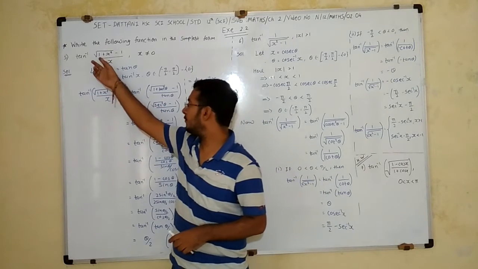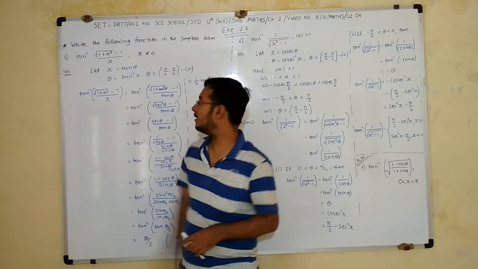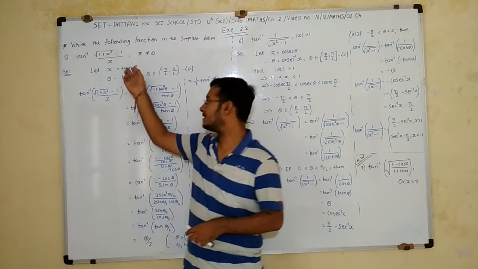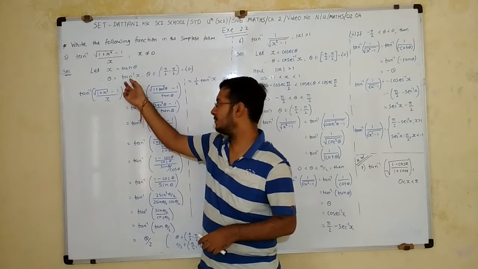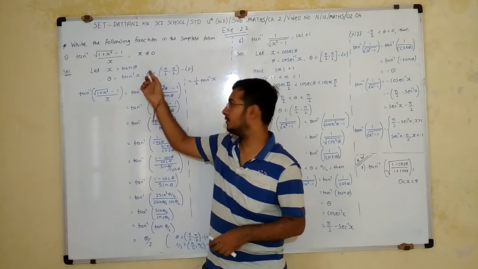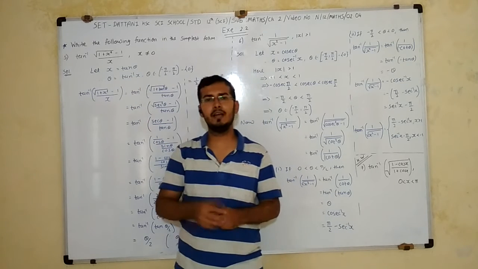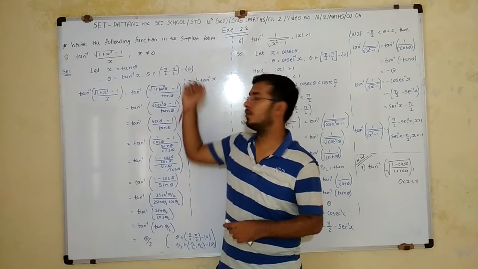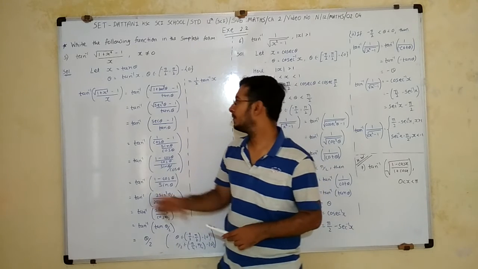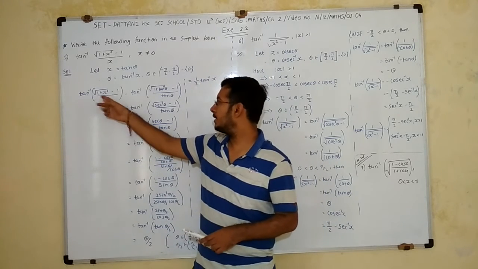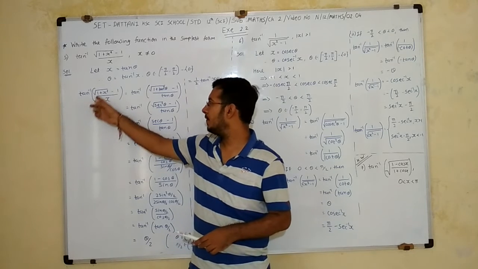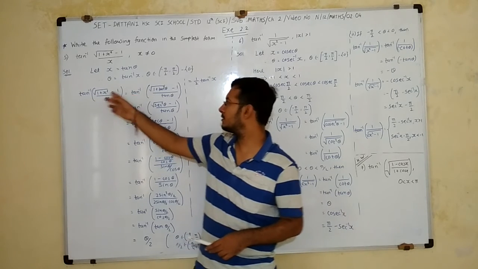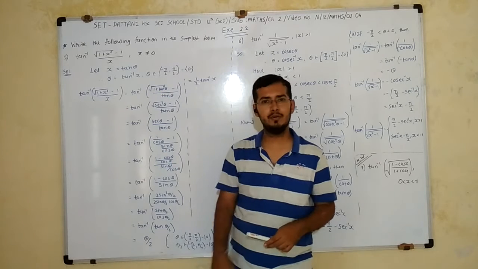Okay, so first of all we have to check one thing. If we take x is equal to sin, we have to check it. Okay, here we take x is equal to tan theta. So theta is equal to tan inverse x. And what is the range of tan inverse? That is theta belongs to minus pi by 2 to pi by 2, with the end points excluded, in simple bracket form. Okay, so I write here the question: tan inverse of, in bracket, root 1 plus x square minus 1 upon x. Now I put here x is equal to tan theta.